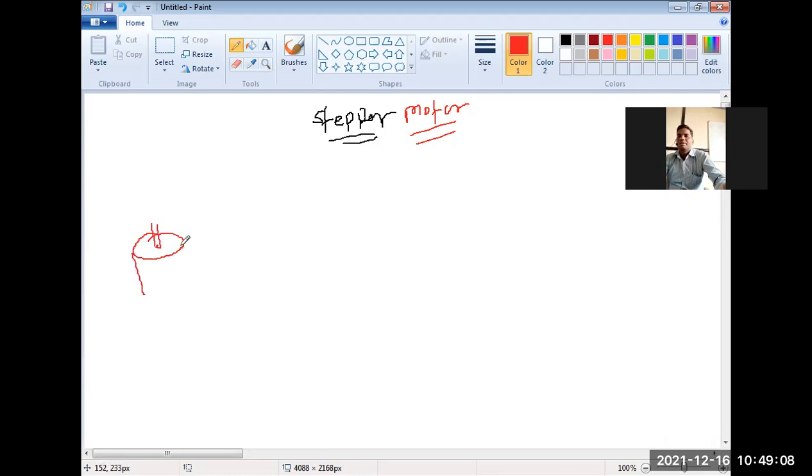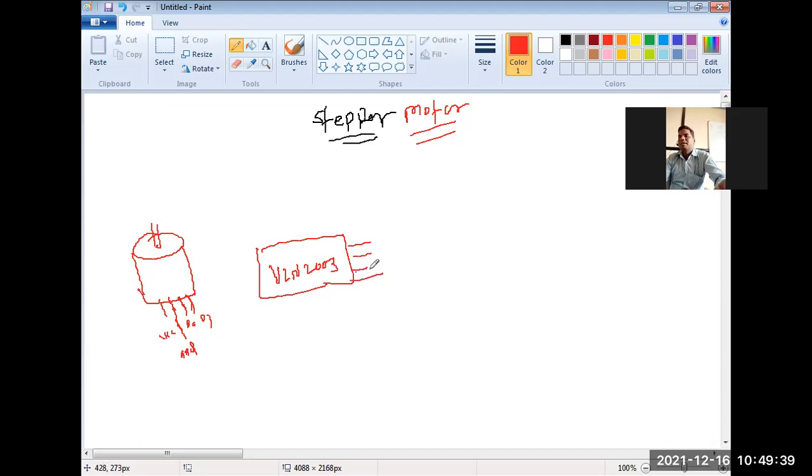So I'm drawing here the symbol of that. It has 4 wires: VCC, ground, and 2 pins for data. So this is VCC, this will be ground, and these are the data pins, D0, D1. We always have to use a driver IC to connect this, so ULN2003. I'm using this simply as a voltage converter. And these pins I'm connecting to the